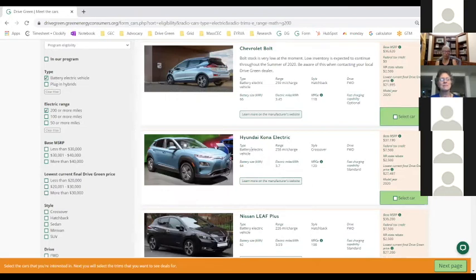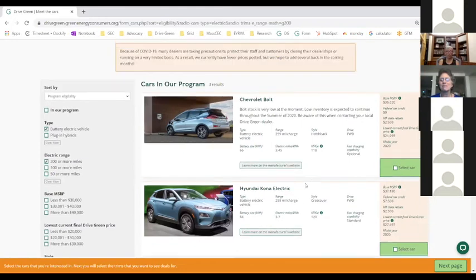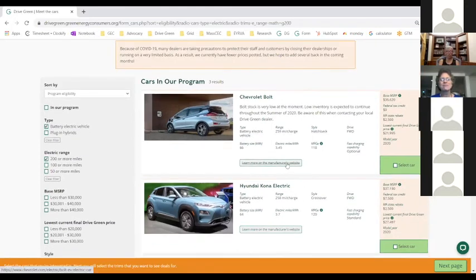And then for each one, we have the same information listed. We have the type of car, the range, the style, whether it's all-wheel drive or not, battery size, efficiency, miles per gallon electric, all of that, in addition to the sort of starting price, the federal tax credit, state rebate, all of that. You can go to the manufacturer's website if you really want to dive into the color options and the packages and all that, but